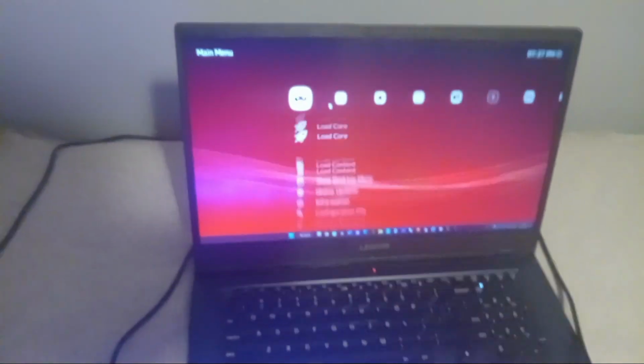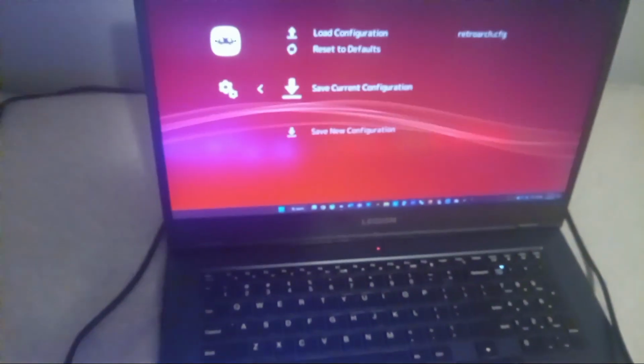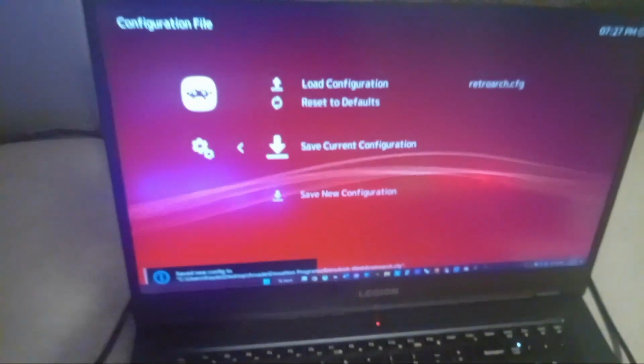And for those game remaps, it'll do it for player 1, but you'll need to copy player 1 over to player 2 if you have multiple players for your buttons.